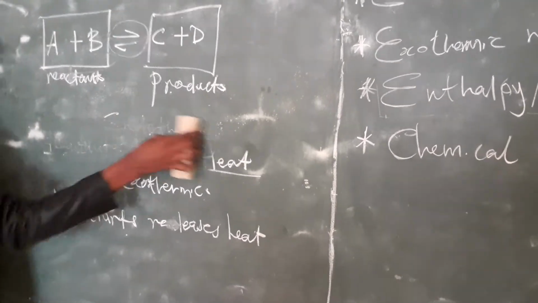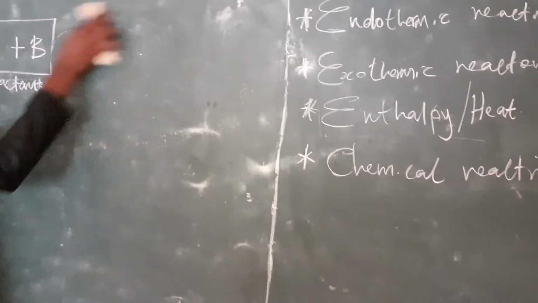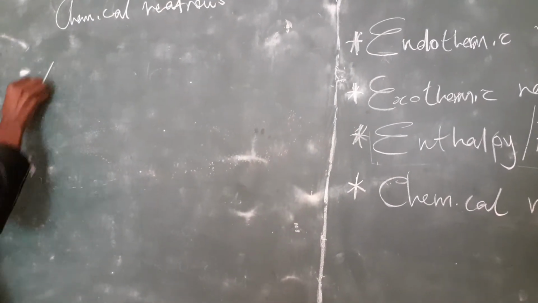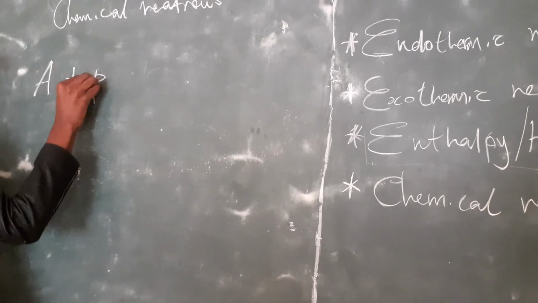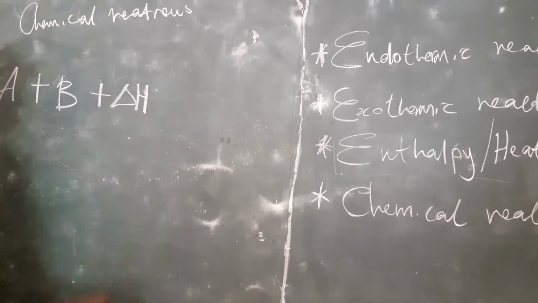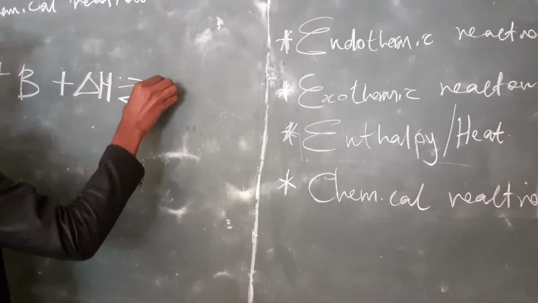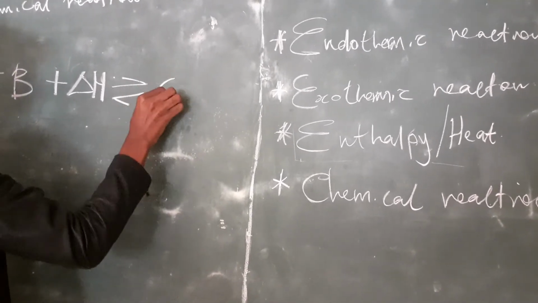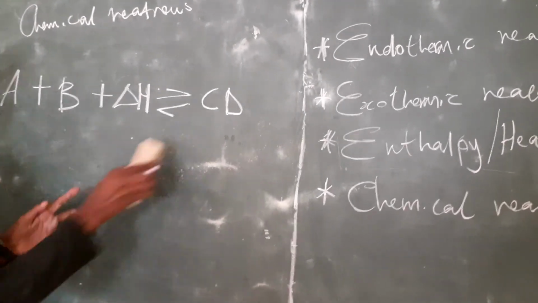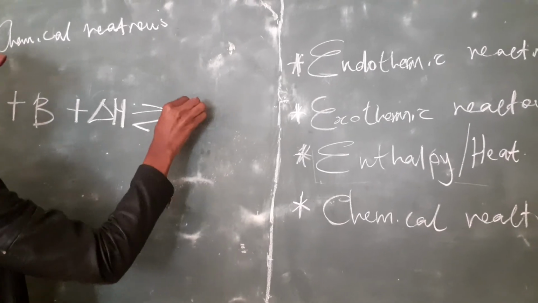So looking at this, we can say that if we were to focus on what is endothermic and exothermic, let's say we have a reaction where A and B are reacting, and then there is heat. There is heat in the picture, and then it gives us a certain product of maybe, let's say it gives us CD. Let's say that A plus B, let me write A, B, so that